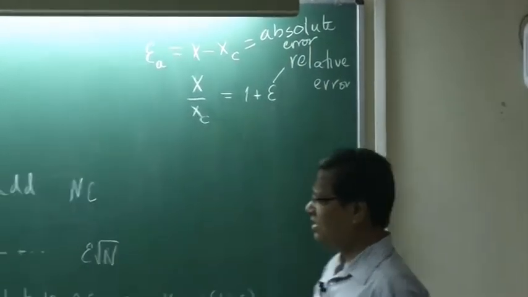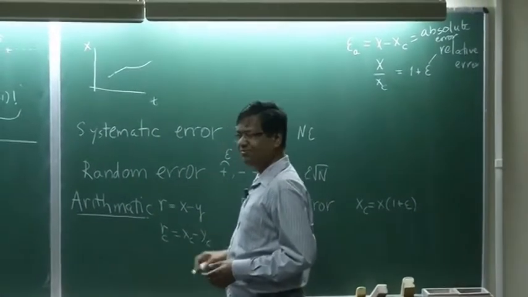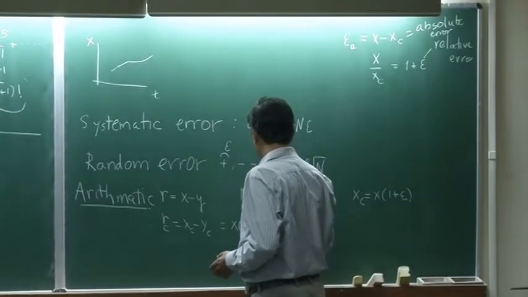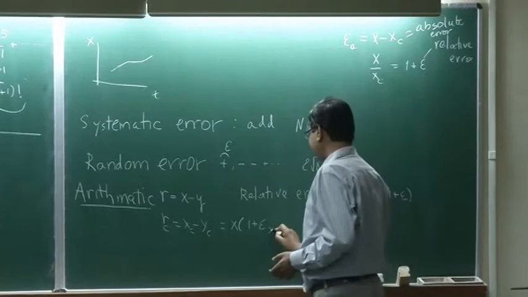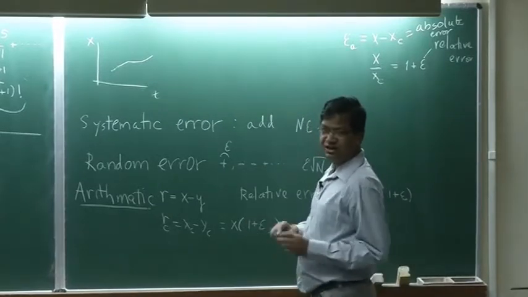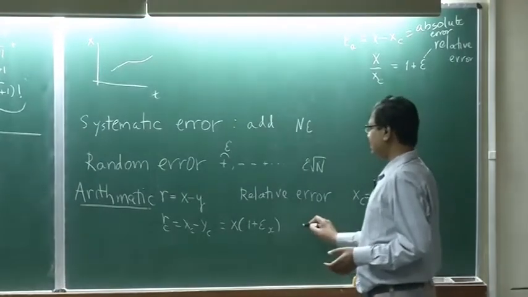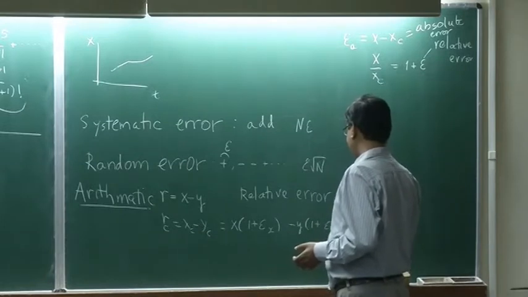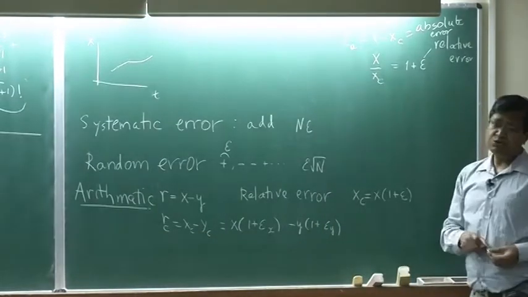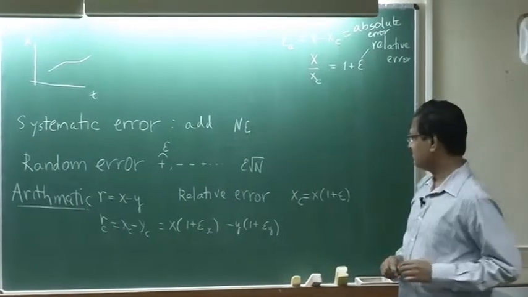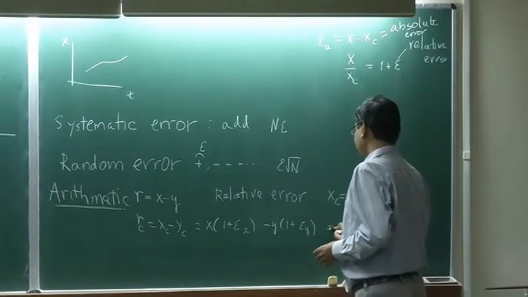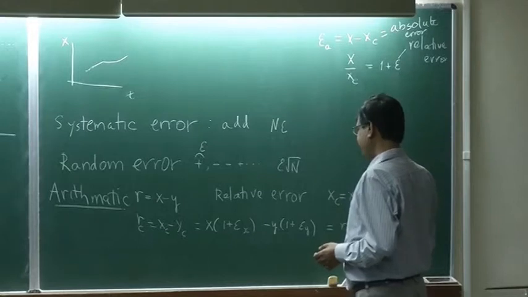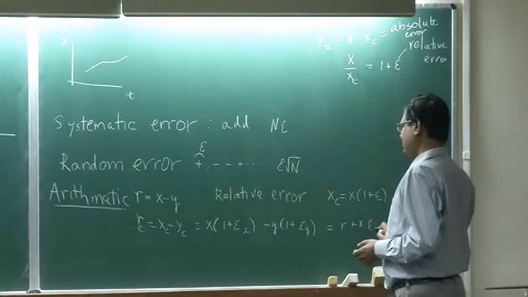Okay. So, now let us estimate what is RC minus RC. So, this is going to be x times 1 plus epsilon x, error in x, where the two errors could be different, and then the other one is y times 1 plus epsilon y. Epsilon could be positive or negative, it could come in either sign. So, this is equal to x minus y, which is my exact value, r, plus x epsilon x